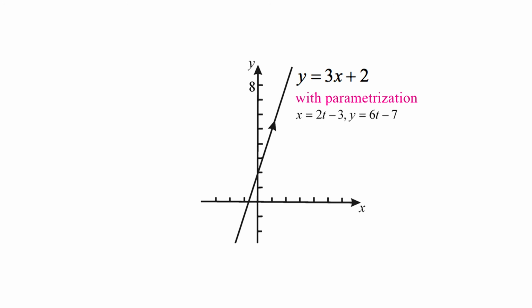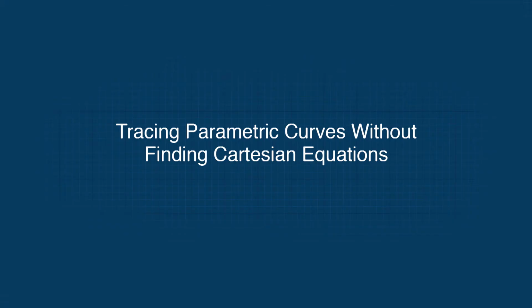and y-intercept 2. To find the orientation, we must look to the original parametric equations. The direction of increasing t can be deduced by observing that x increases as t increases, or this can be deduced by observing that y increases as t increases. We now discuss the way of tracing parametric curves without finding Cartesian equations. To trace the curve associated with parametric equations, it is not always required to depend on the equivalent Cartesian equation.